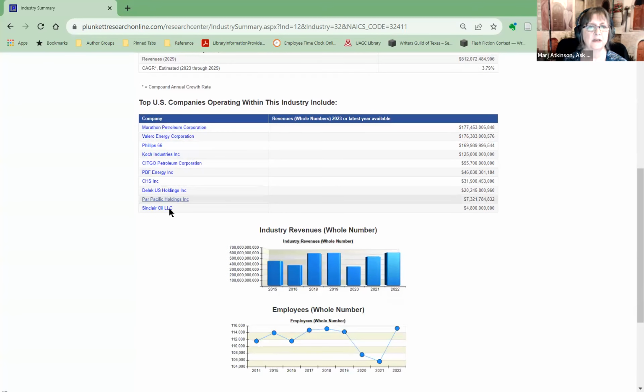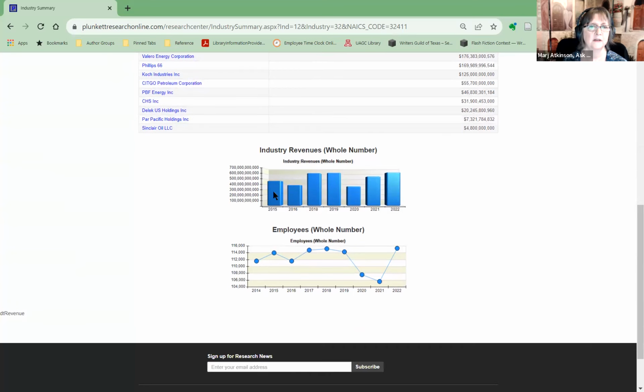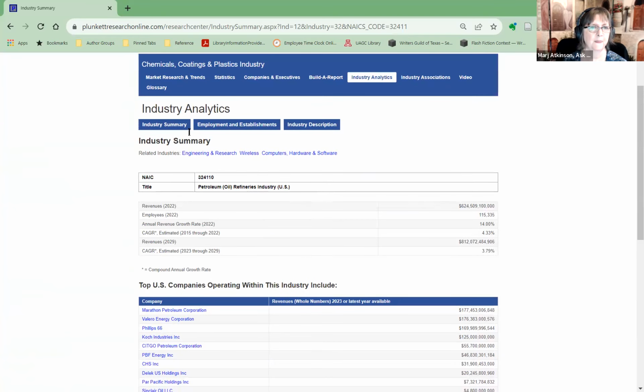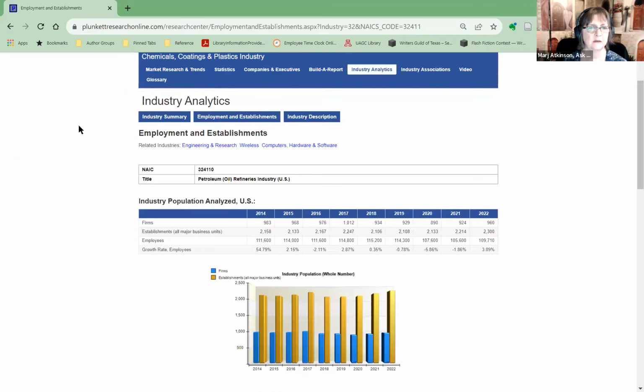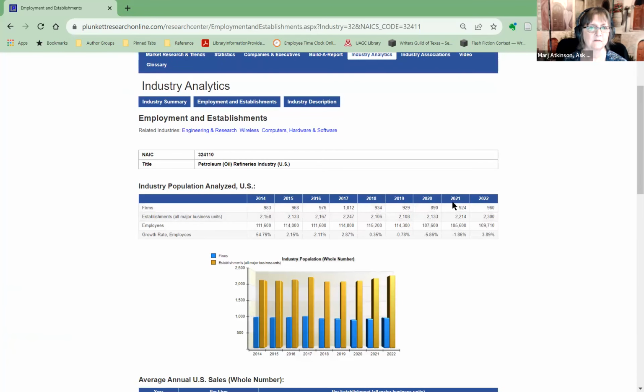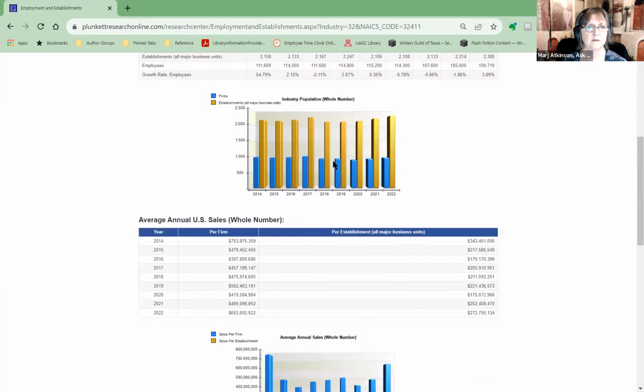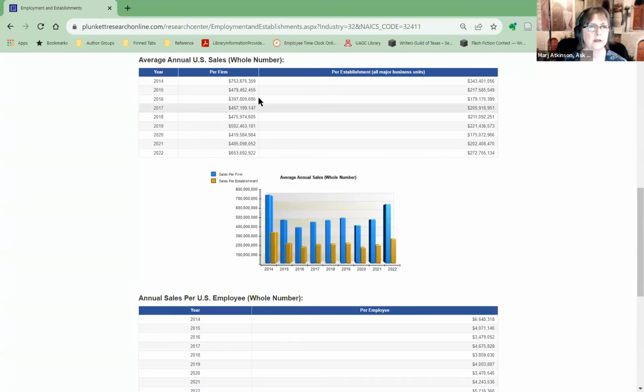And then you'll see the top companies within this industry and their revenues. Then you have some graphs of revenues and employee information. Then you get their employment and establishments for the past several years, the population, the number of firms and employees and their growth rates. And then all of this in a graph comparing,